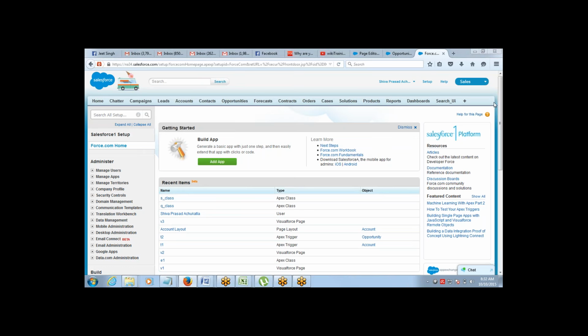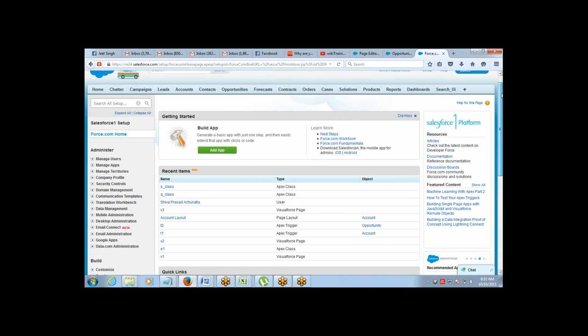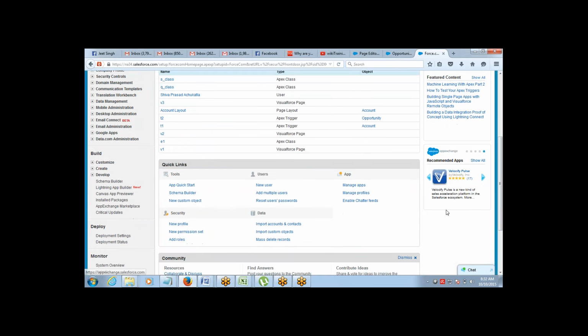First, we need to have data on which we actually perform execution. But right now, where do I start? Setup, develop, Apex class, new.